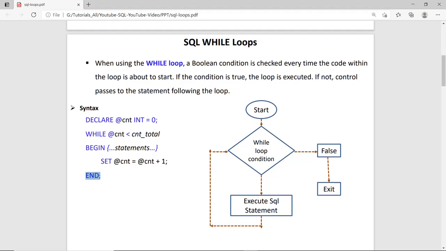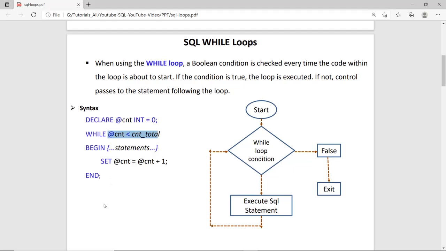And how does it work? So we check the syntax. In the syntax, you can see the while. It's a keyword. Then we define a condition. It's an expression, and the evaluation of this condition must be true or false. Then we have the block, begin and end. Within the body of the block, you can write multiple SQL statements. So till the condition is true, all the statements within the block will keep executing. Once the condition is false, the loop breaks and executes the next statement after the loop body.